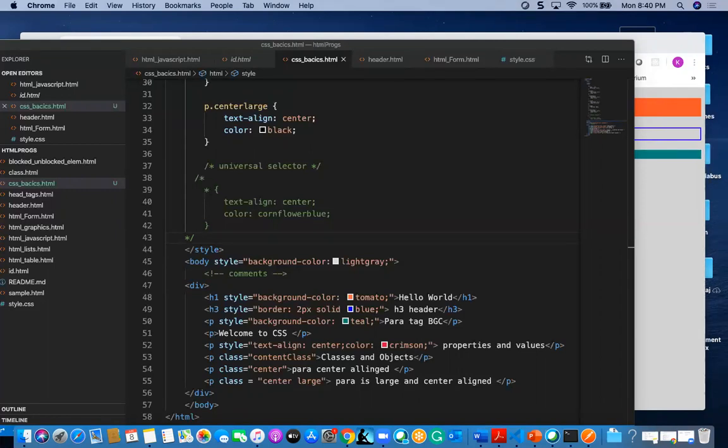It is a grouped element in a semantic way, and it will align all the different elements and group all of them together.